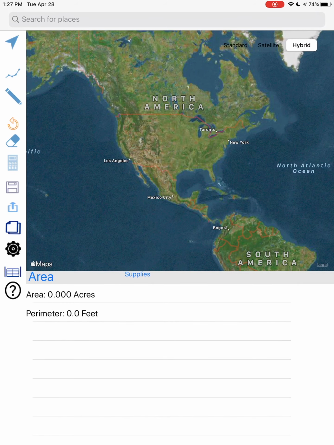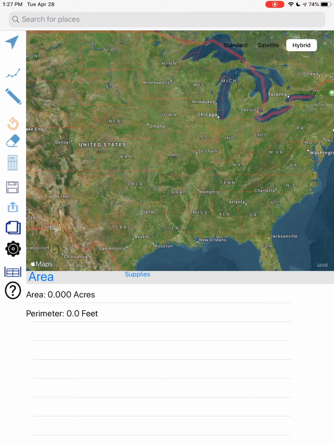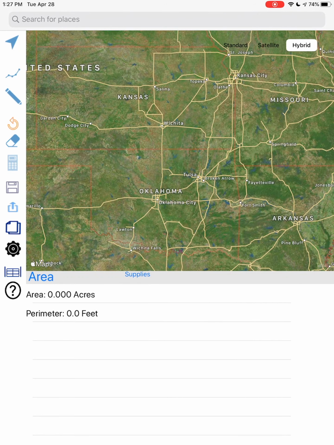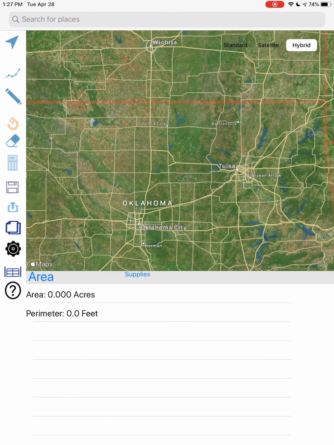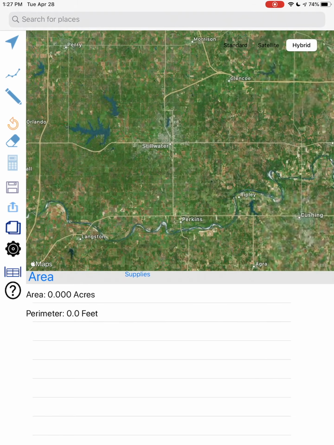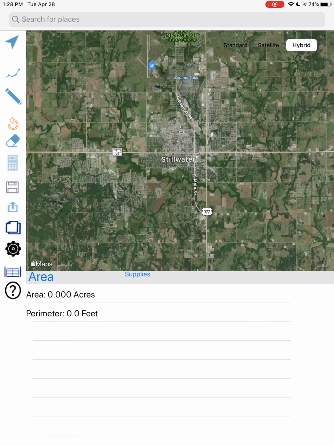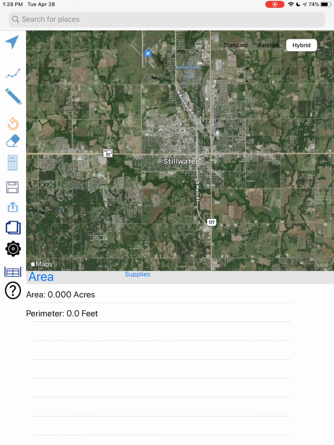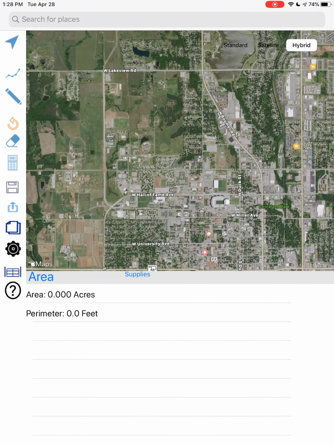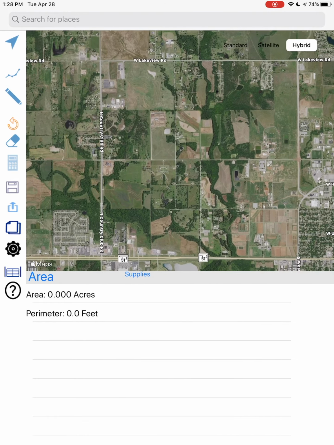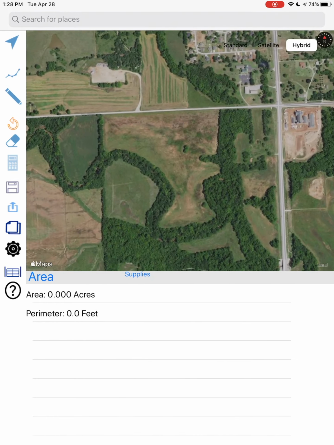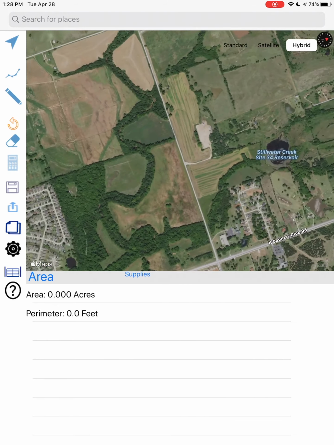The first time you open the app, you will be asked to choose your location settings. You can choose to allow access to your location once, while you are using the app, or never. Location services are completely optional for this app, though it may make it easier to locate properties. With or without location services turned on, you can search for an address using the search bar at the top of the screen, or use manual navigation to find a property on the map.